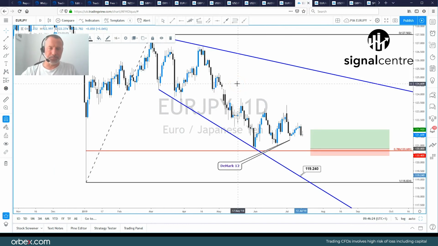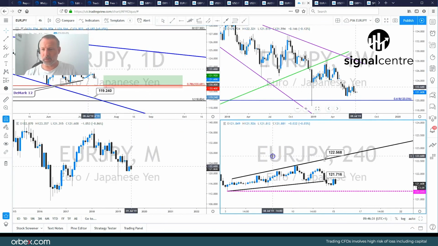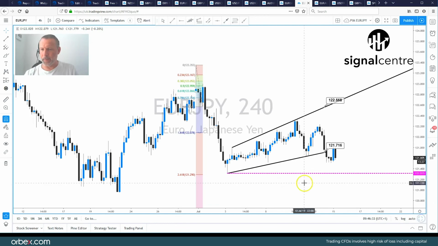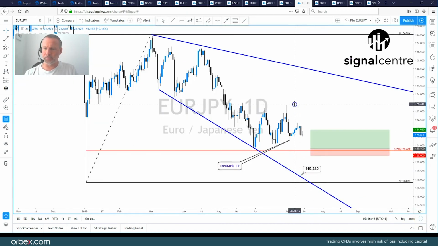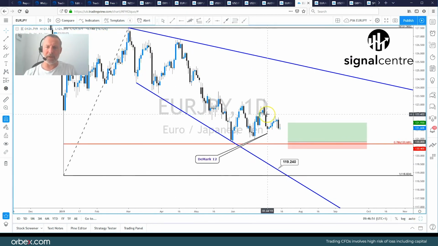Euro yen, there's really little in the way of decent signals for us actually in this currency pair. We had a fib level here, choppy move to the upside, forming an expanding wedge. We've broken the wedge formation. That's got a target level here of 121.29, but with the daily chart highlighting a very large expanding wedge that has a bias to break to the